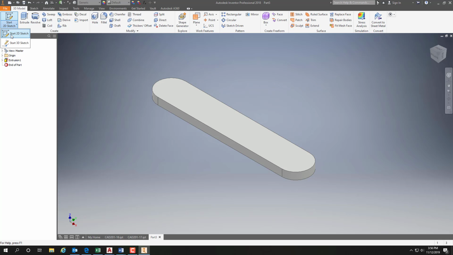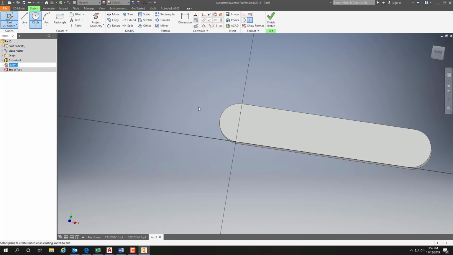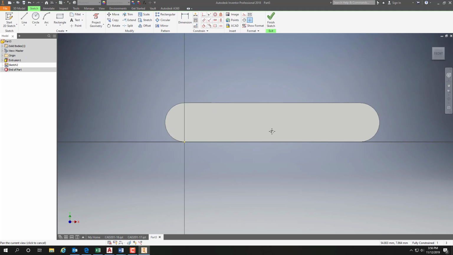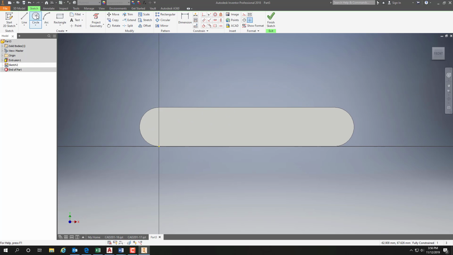Now, let's sketch right there. Okay. Now, the easy part is the circle. Well, I missed that one. And also, we got a rectangle here, and then a circle here